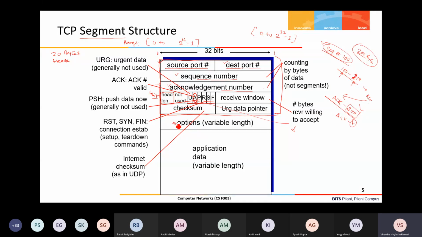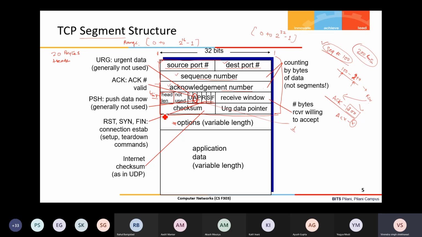But due to the options, the header length field is added, because the receiver should know from which byte onwards the data is starting. The transport layer receiver will remove the header field and buffer the data in its buffer, and then if it is in order, it will be delivered to the application, right?